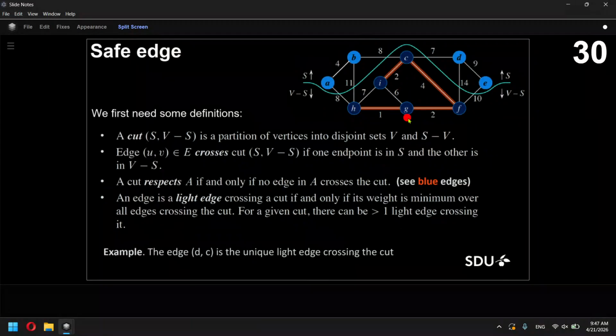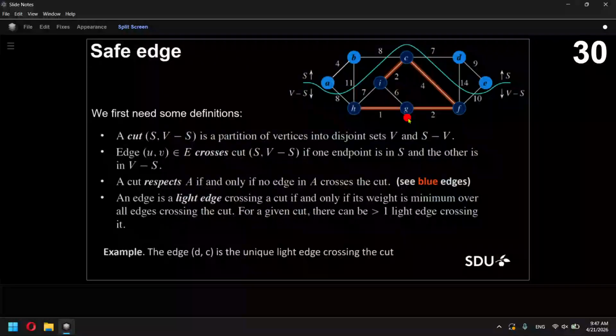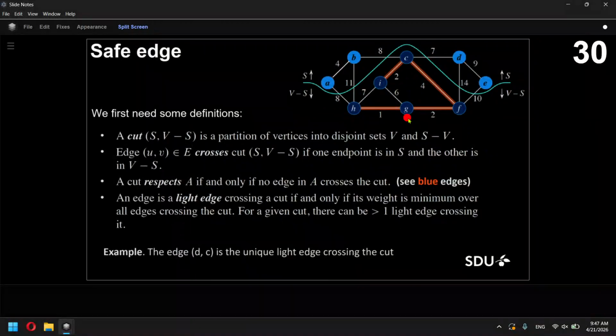Can I draw the cut in a way that I can't actually cross the blue one? No. So think about it. I can go, for example, this way, and then I want to go in. How can I go out? So you have to cross. Then this will not be your correct cut. You have to create a cut in a way that you don't actually cross the edges in the minimum spanning